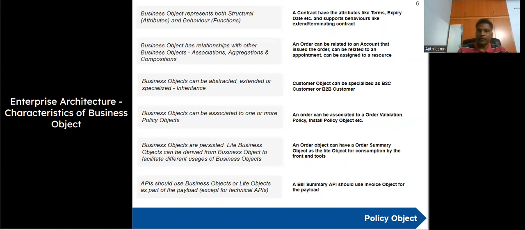And why do we need to derive light objects? One of the fundamental things I believe would help in architecting or building a good enterprise architecture is the ability to standardize our APIs. In today's world, everything is APIs. So if you follow a simple principle of APIs using just the business objects to talk to each other, the payload should contain only business objects or policy objects. We'll come to that. Instead of two applications deciding on an interface,